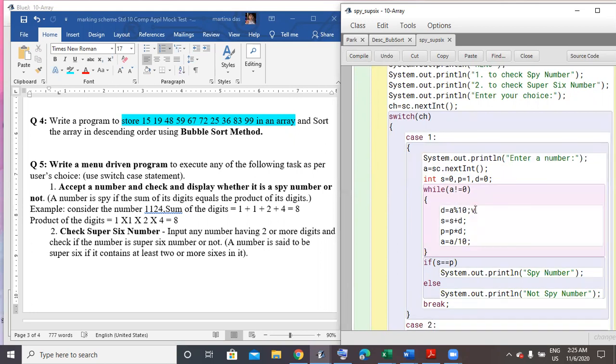I am extracting the digits with a mod 10. After that, this is the sum of digits, and in a similar way p stands for the product of digits.